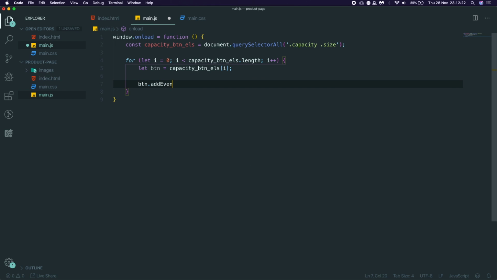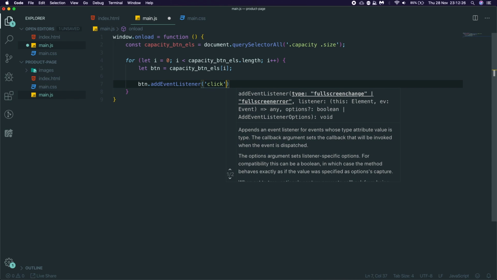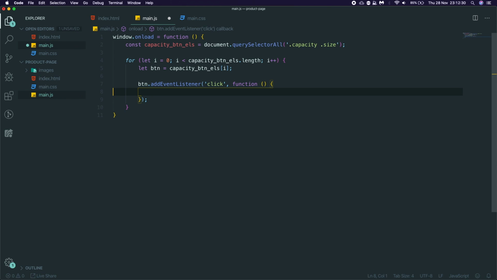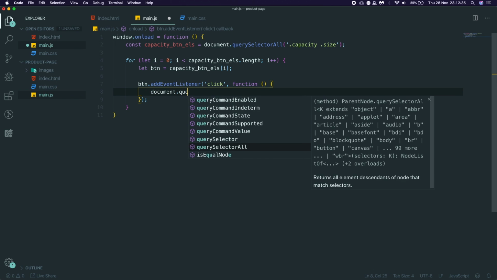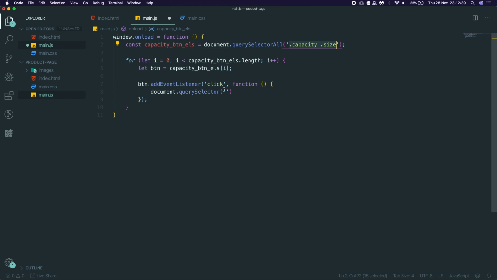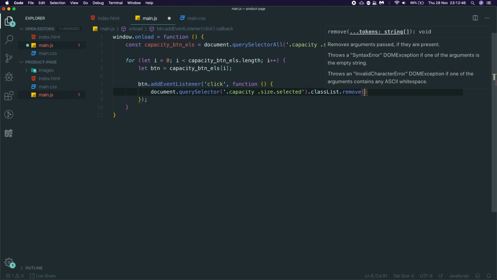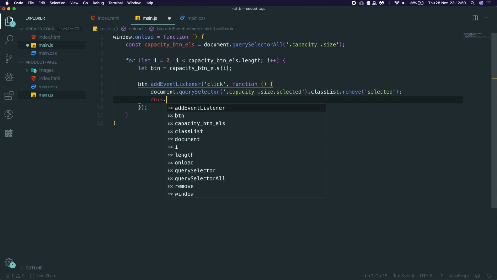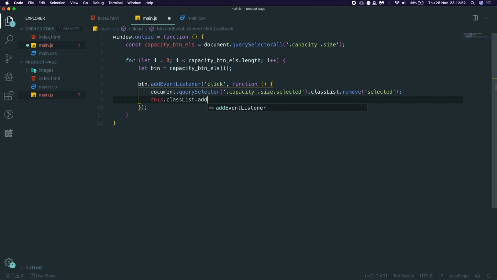I'm going to say button.addEventListener, and we're going to say click. So we're listening for a click. We're going to say function, and in the function, we're going to say document.querySelector, and we're going to get this .selected. So we're going to get the selected one. I'm going to say .classList.remove selected. And then we're going to say this.classList.add selected,